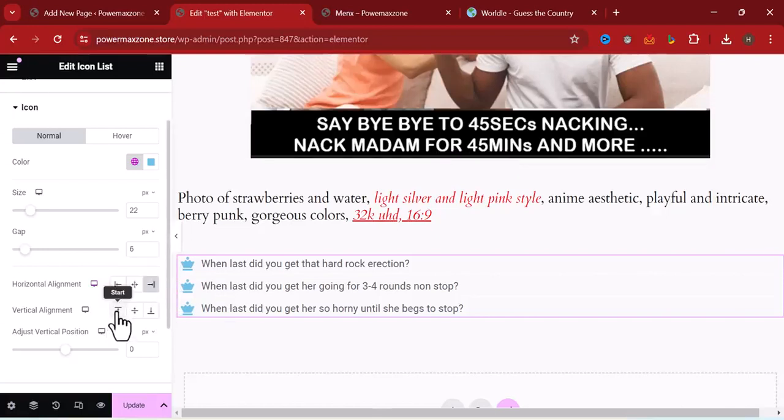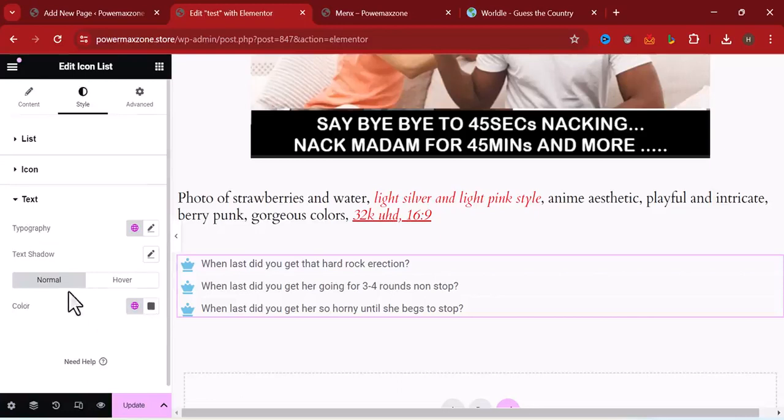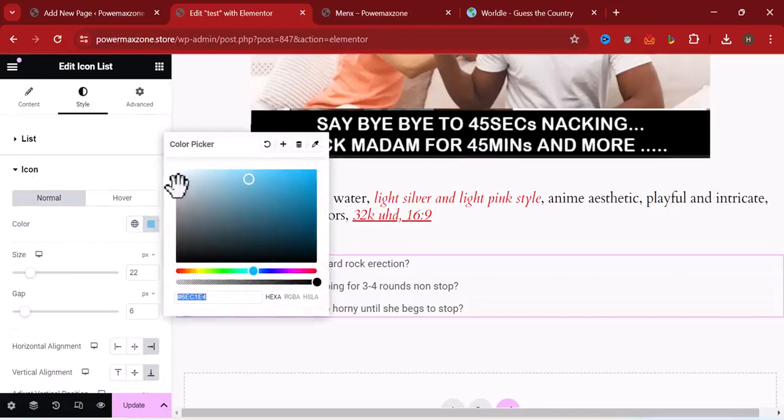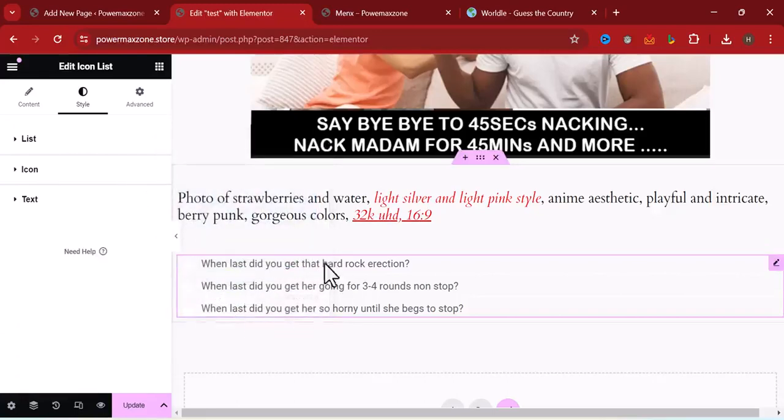If I want it to be at the vertical, it will swing up to be between to the bottom. As you can see, the icon moved when I worked on the alignments. You can still work on the alignment here. Let's make it 0. For the text, you can increase the text. On the icon, we can change the color of the icon to what you want. Let's make it white. As you can see the icon again,